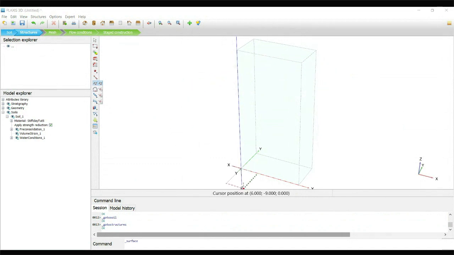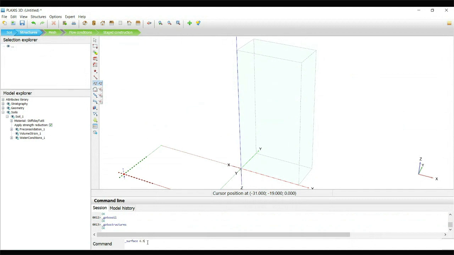Where we need to create the surface, actually it is 3 coordinates: 6.5, 0, 40 is the starting point. Just enter the coordinate value in the command box. We can create it easily. Just enter 6.5 space 0 and then 40. That is your first point of the polygon surface. 6.5, 0, 40. 40 is Z, 6.5 is X, 0 is Y direction.